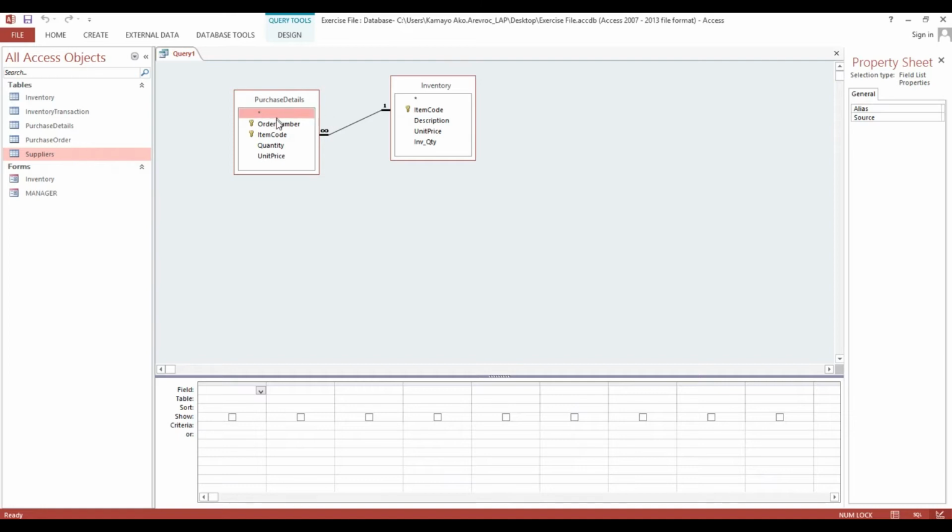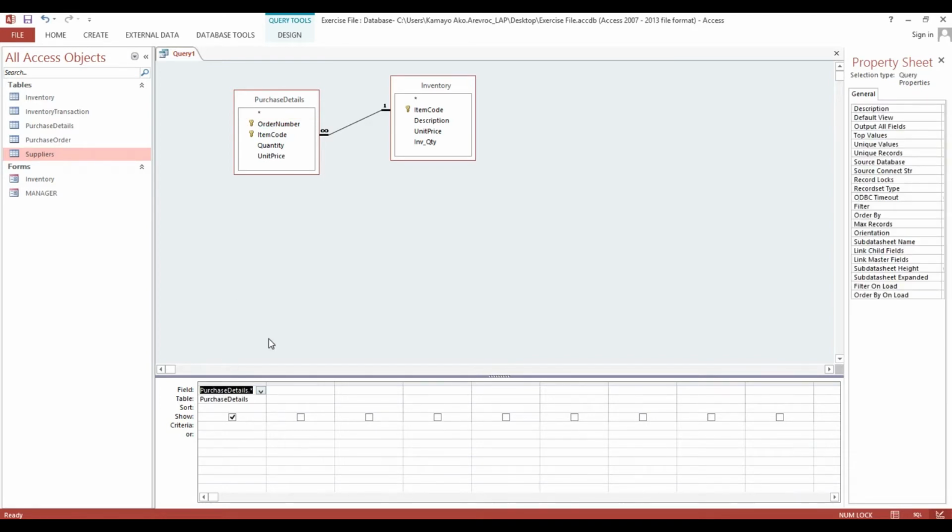Next, I will select this one, Purchase Details, here, and drag it. Next I will put here Net Amount so that we will calculate the unit price with the quantity. Okay, I will make it wider. Net Amount, then